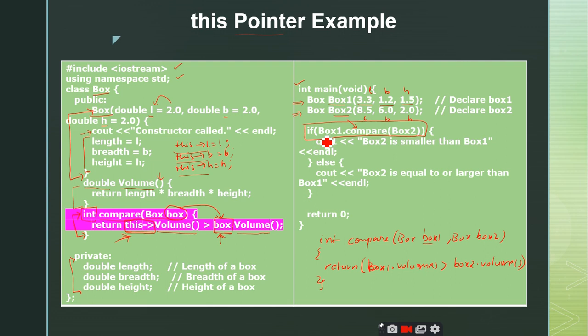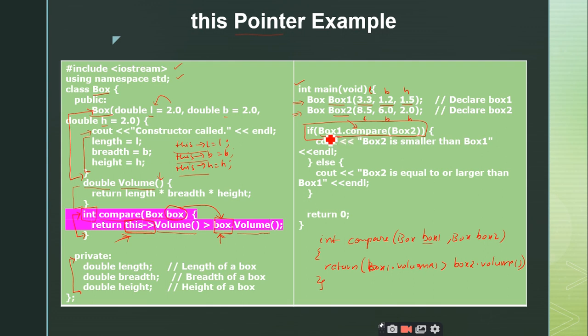So my current object will be box 1, right? So what is this pointer pointing to? Is it box 1 or box 2? Box 1. As I told you, this pointer points to the current object.